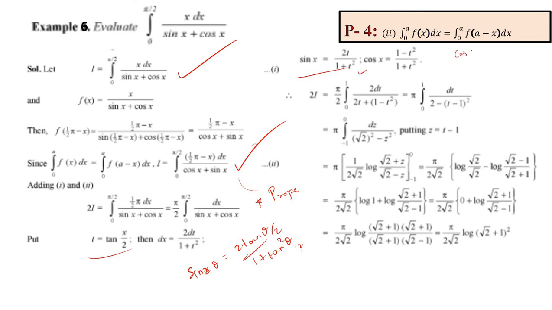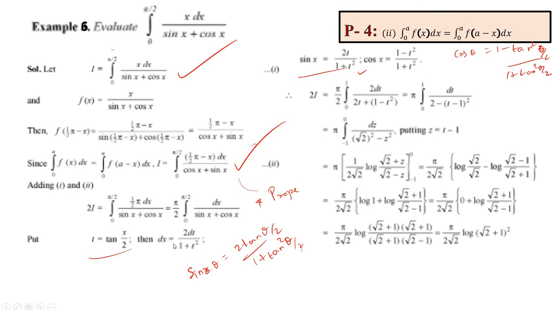and cos theta we know is 1 minus tan square theta by 2 divided by 1 plus tan square theta by 2. So cos x therefore is 1 minus t square by 1 plus t square. In this we are going to substitute that. When we substitute, because the denominator we have in both cases is 1 plus t square, we have this to be,